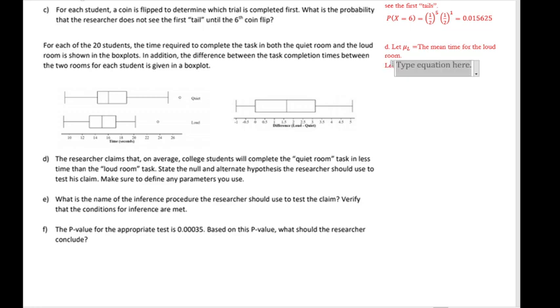We're going to let mu sub Q be the mean time for the quiet room. And I really should have paid attention to that because those were useless to define. Go me. So actually, because this is asking about the difference, we are going to instead be dealing with mu L minus Q,